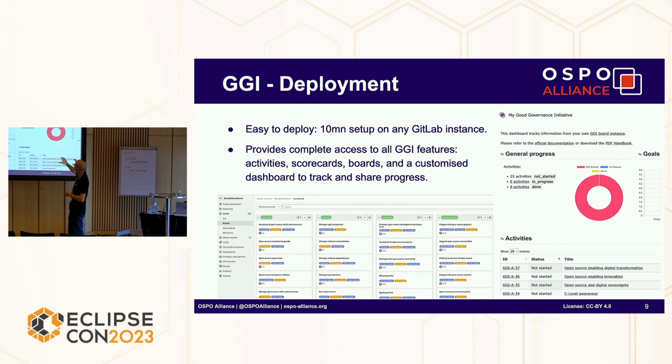And we also automatically generate, with GitLab Pages, a website that is the exact reflection of where you are on your own deployment. So if you are working on a set of activities, it will display these activities and show some information and graphics about your progress on the overall program. And that's not only useful for you as an OSPO manager to know where you are, but it also helps a lot to communicate with your team, stakeholders, and so on.